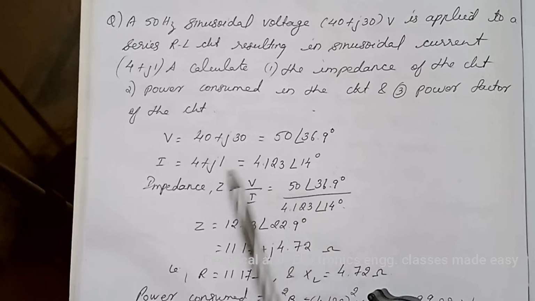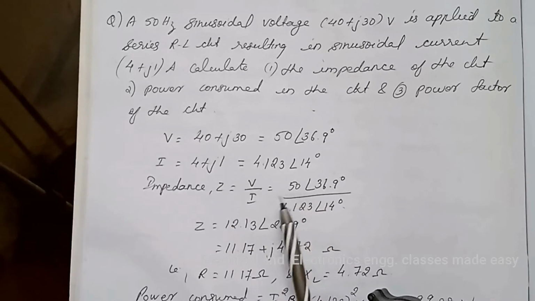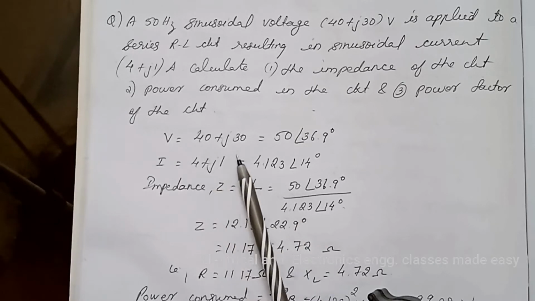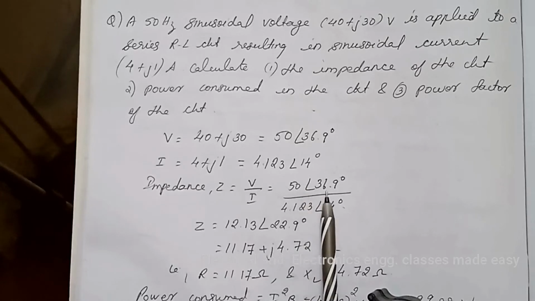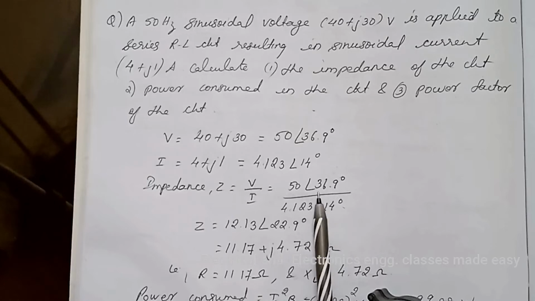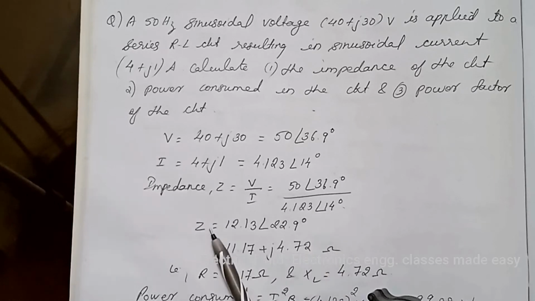If it is in the rectangular form, we cannot divide it directly. Either you can go through the conjugate method, or using the scientific calculator we can do the problem very easily. So we get Z is equal to 12.13 angle 22.9 degree,